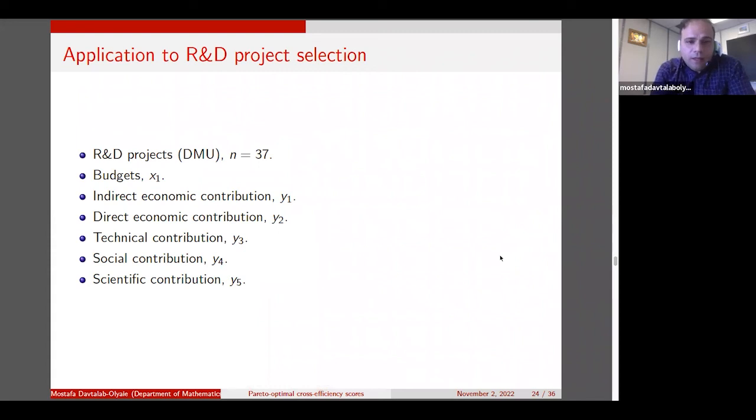We have applied our approach to an R&D project selection application to illustrate that our approach can do better resource allocation and find more projects. In this application, we have 37 projects. Each project uses one input, budget, to produce 5 outputs: indirect economic contribution, direct economic contribution, technical contribution, social contribution, and scientific contribution. So after analyzing this data,